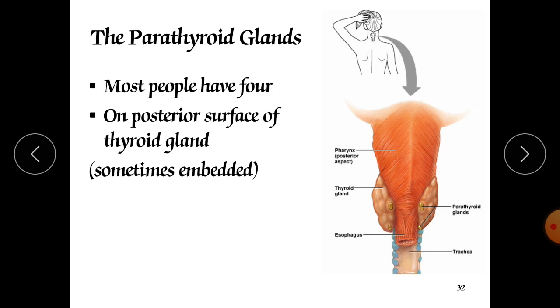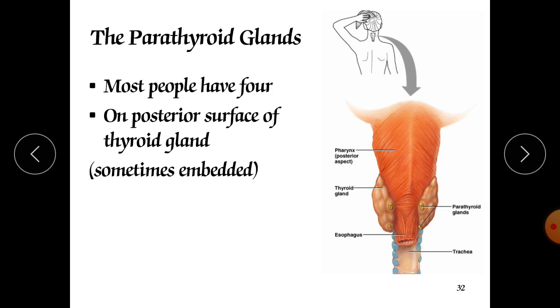These tissues are called the parathyroid glands, each a mass of about 40 mg. Usually one superior and one inferior parathyroid gland are attached to each lateral thyroid lobe. So here is the posterior aspect of the pharynx, to which the thyroid gland is attached, and these are the pea-shaped parathyroid glands. These four, meaning two pairs of parathyroid glands, are available here. They are very small in shape.